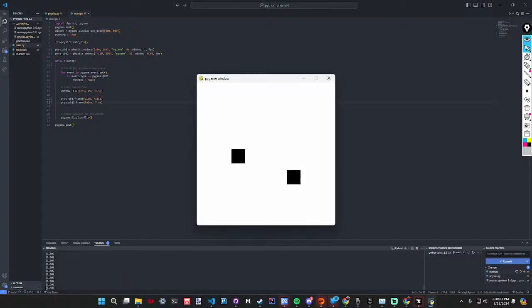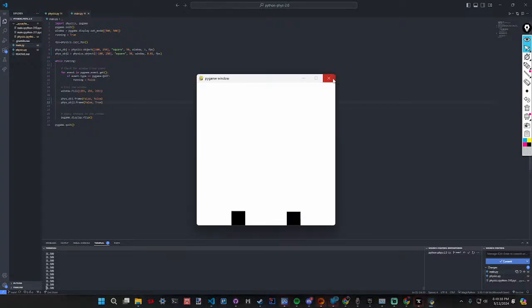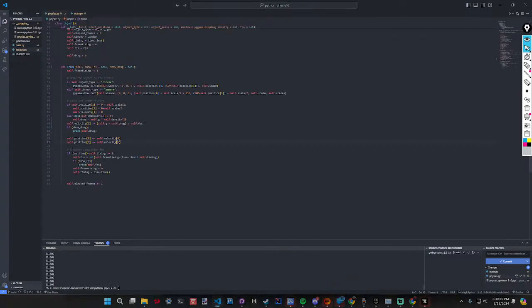So now we'll be able to see, but I think that's a problem with this. It checks if the position is below 0 plus self.scale divided by 2, which would be the center of the cube. Sorry, not origin. Then it'll snap it to there.